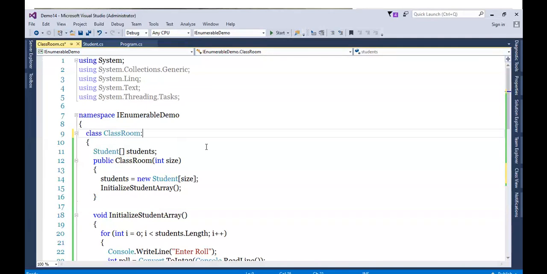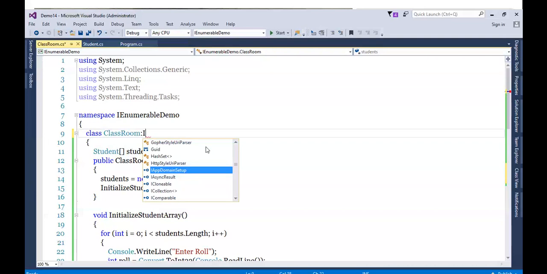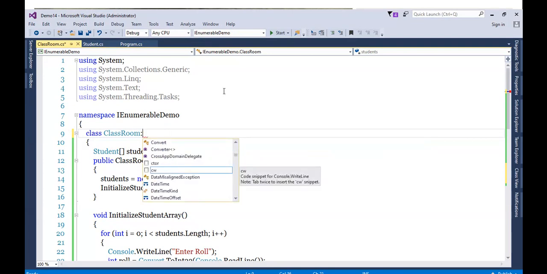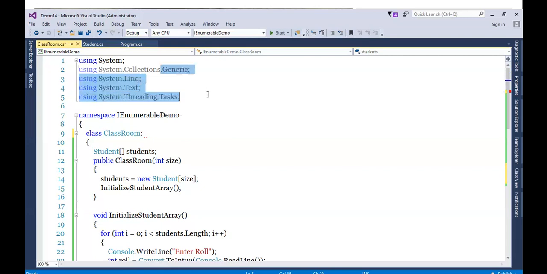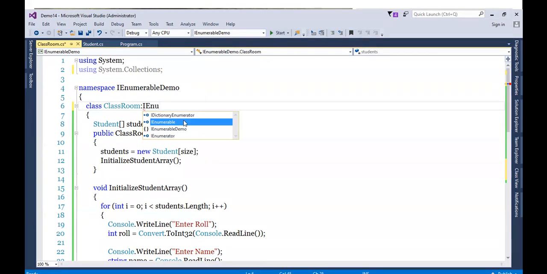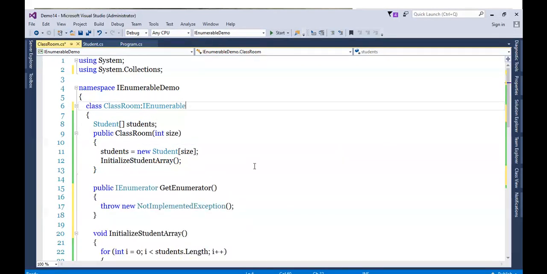I already told you how IEnumerable works internally. Definitely we require the non-generic version of IEnumerable, so we include the namespace System.Collections. Let's use IEnumerable here. See, it is showing now. I'm inheriting the properties of the IEnumerable interface. Let's go ahead and implement this interface.